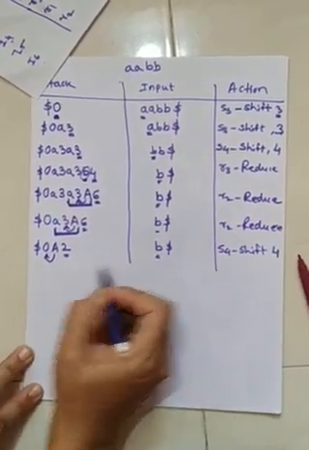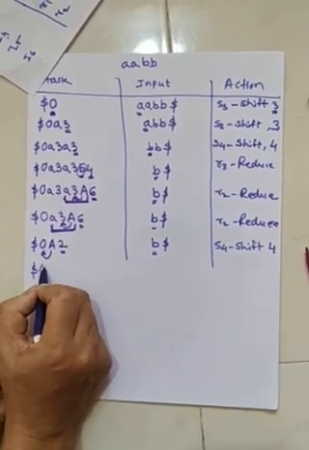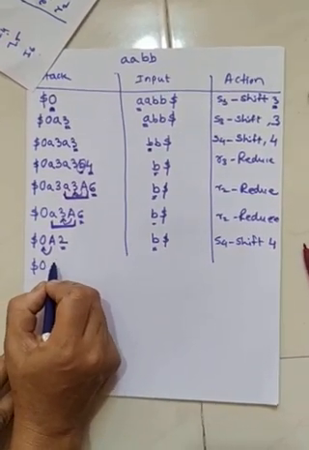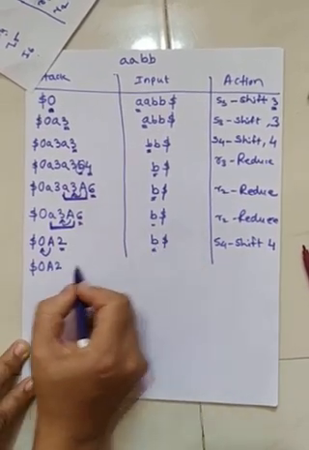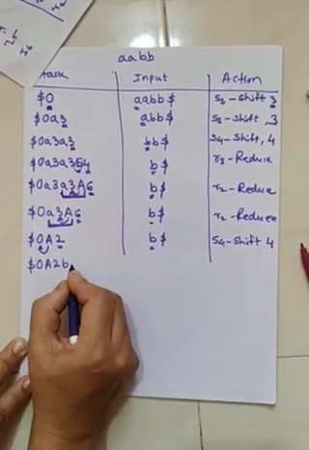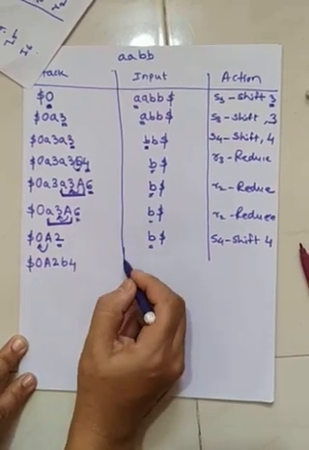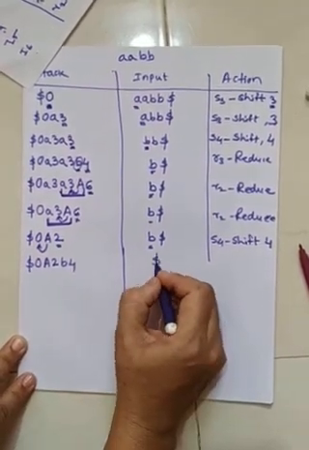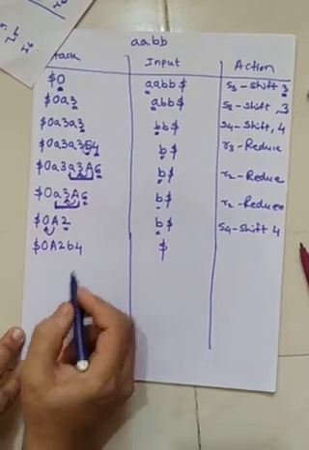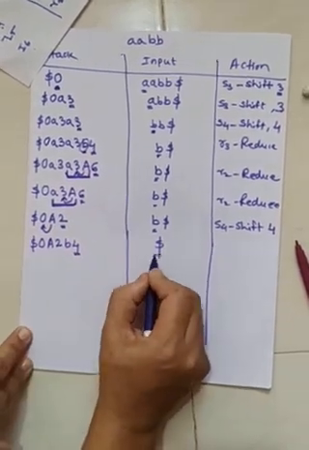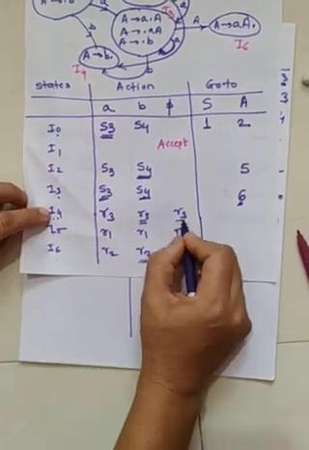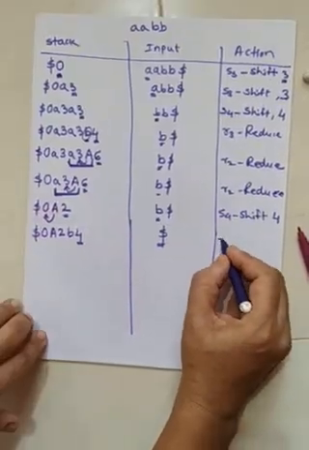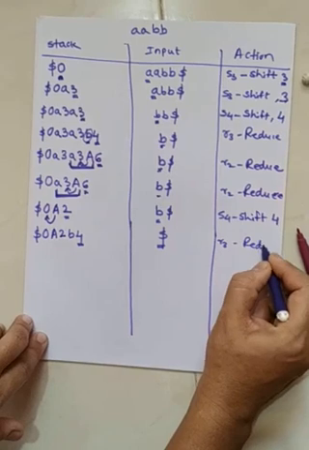So shift this terminal. So $0 A will be as it is, 2 as it is here. This B is shifted here and go to state 4. Now here $ will be as it is. Now state 4 and $, we have to check. State 4 and $, R3, that is reduce action again.